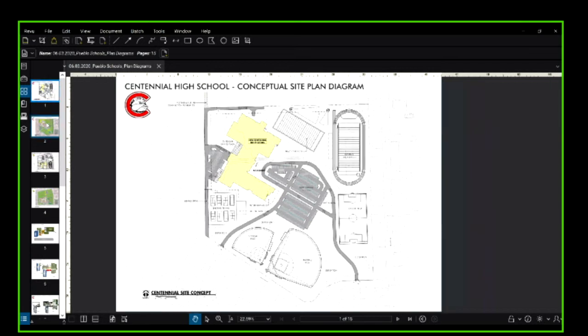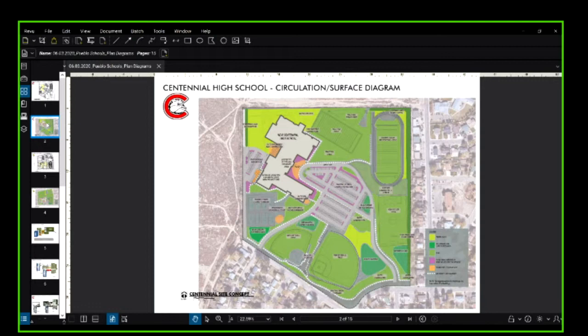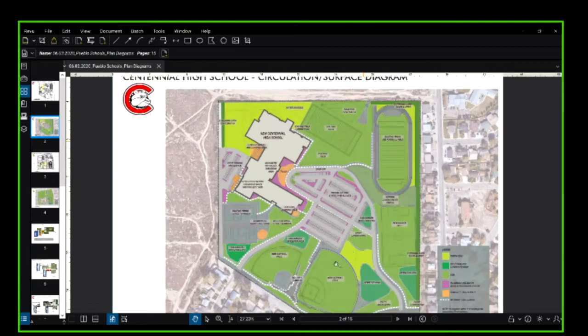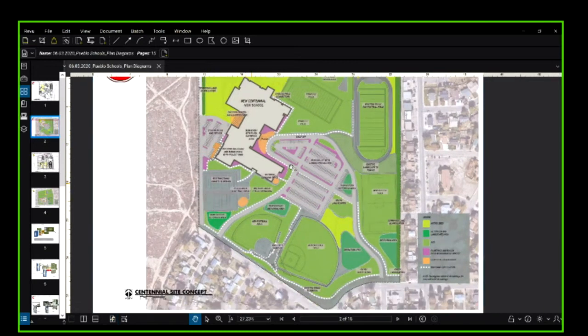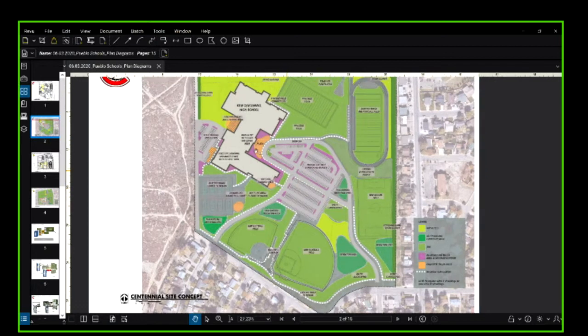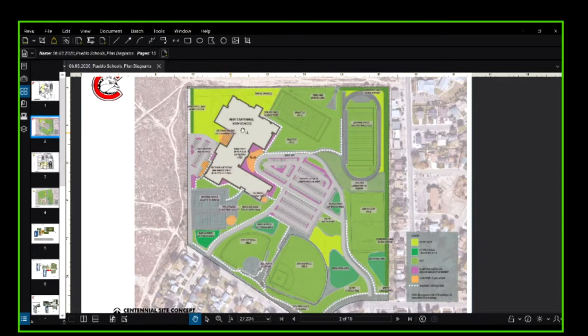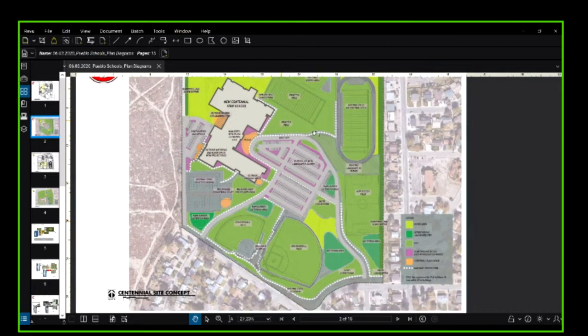So now we take this another step, and our landscape architect starts to show how circulation can flow through the site and different types of surfaces, what those could be, versus native grasses versus sod, where we would have detention and landscape areas. We're trying to resurface the basketball court and keep existing tennis courts, like I said. Our main entry plaza links to the building and to our outdoor dining off to the back of the building. And this dashed line should show kind of where we're thinking of how we're going to circulate through the site.